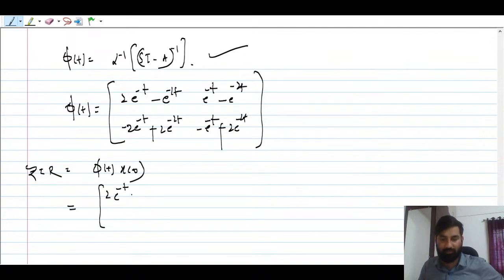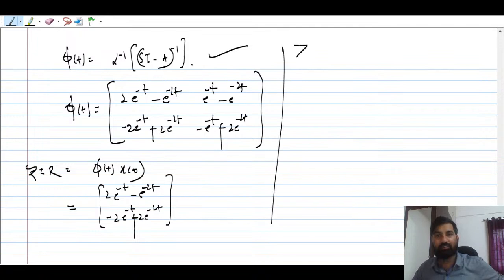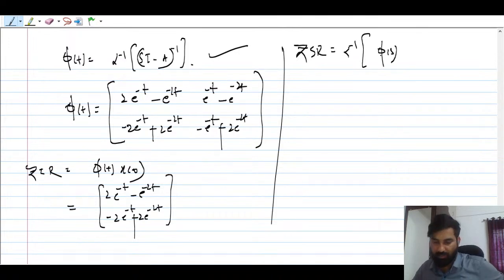2 e raised to power माइनस t माइनस e raised to power माइनस 2t और माइनस 2 e raised to power माइनस t प्लस, ठीक है, ये आ जाएगा आपका ZIR। अब ZSR निकालने के लिए क्या करेंगे, व्हाट इज ZSR, L इनवर्स ऑफ फाई एस, L इनवर्स ऑफ फाई एस, राइट, फाई एस टाइम्स B टाइम्स US। तो आपको फाई एस तो ऑलरेडी